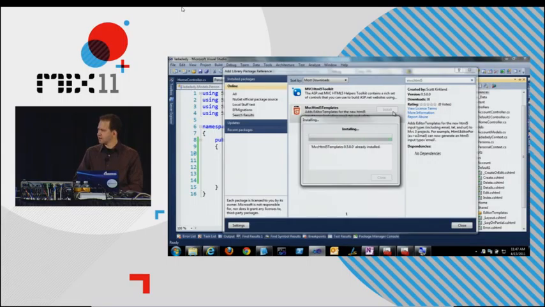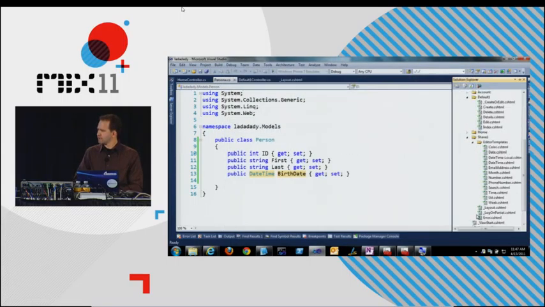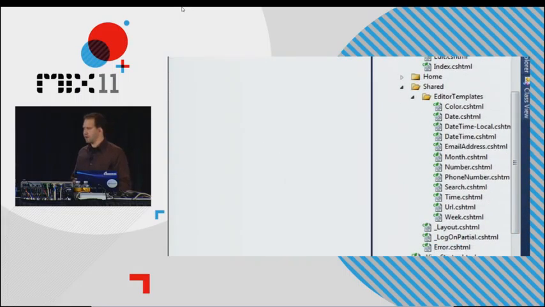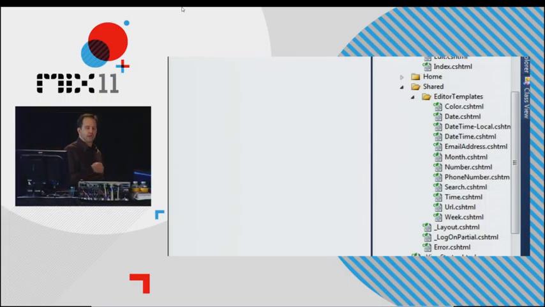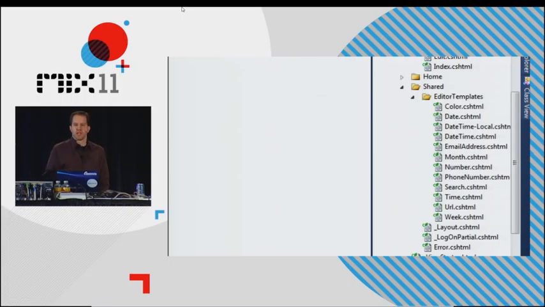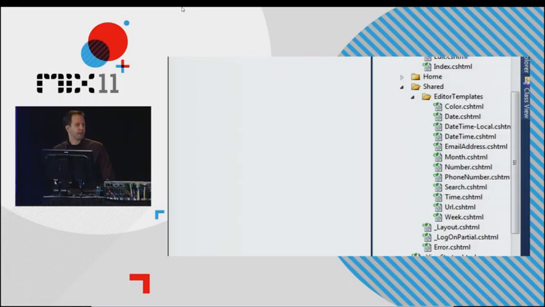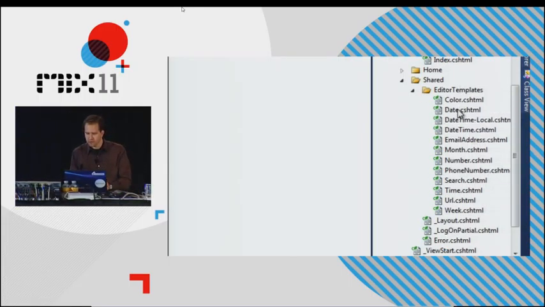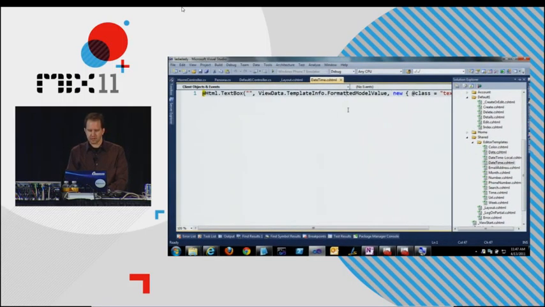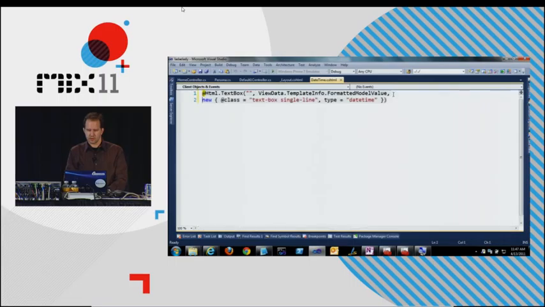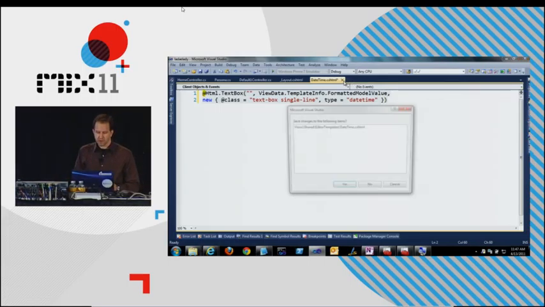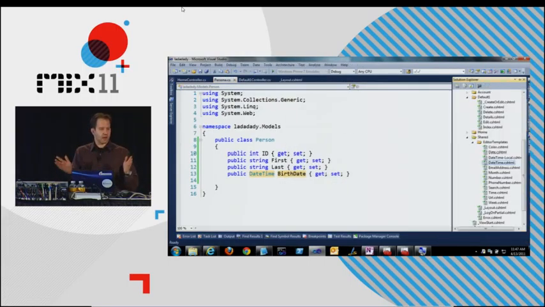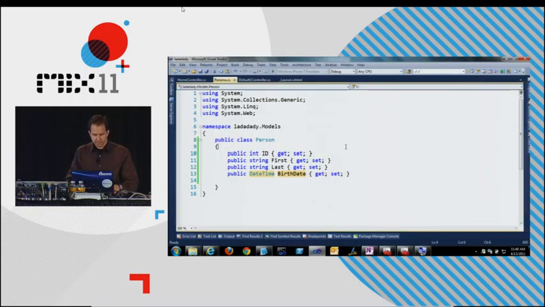Watch on the right-hand side. This folder, Editor Templates, just showed up. This is an extremely clever way that this community guy made this happen. Editor templates override data types. So when you go in ASP.NET MVC and say, give me a date, it gives you a text box. And here it's saying, here's what I want dates to look like. So he's overridden dates and date times. He makes a text box, but he makes it a type datetime, which is pretty cool. So a very clean way for him to have added HTML5, and I didn't have to do anything. I wouldn't even have to recompile. So I'm going to go and